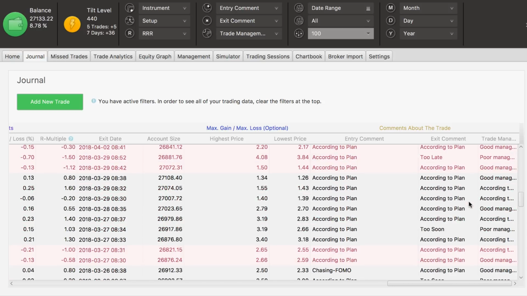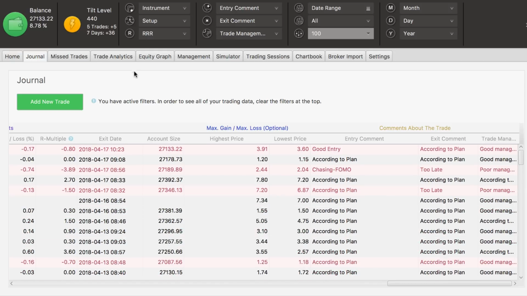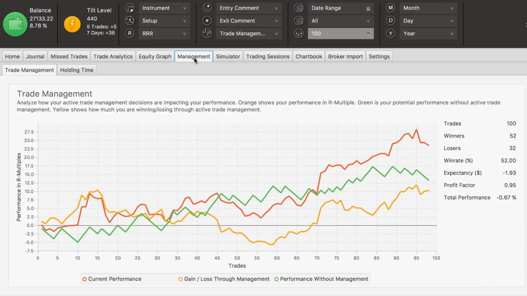But so this is a first good way of how we can use this progression. We go from the home tab to the equity graph where we look for drawdowns, we look for the tilt meter, then we come back to the journal, we look for which comments he assigned mostly, what are the negative comments mostly, and then next I would go to the trade management graph,